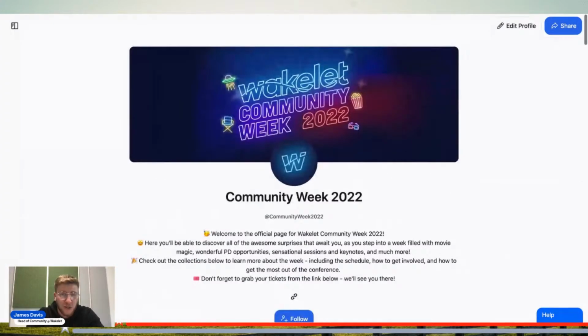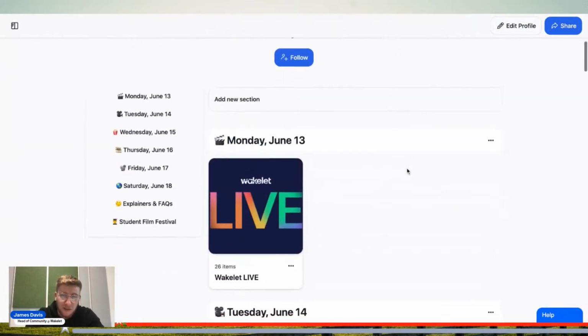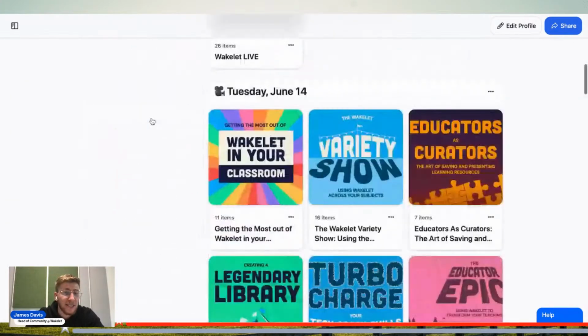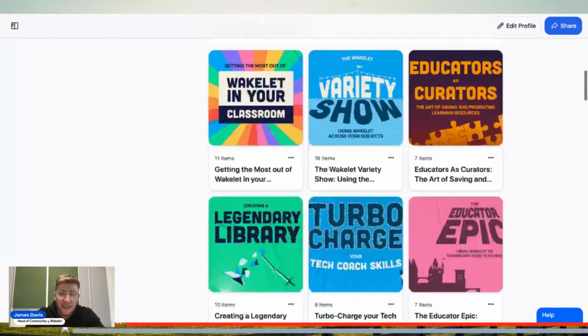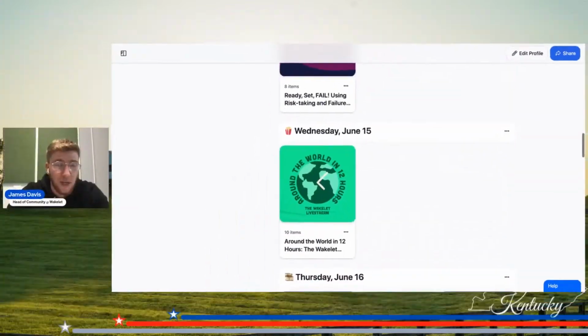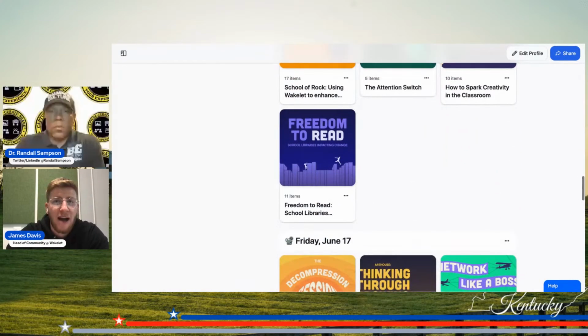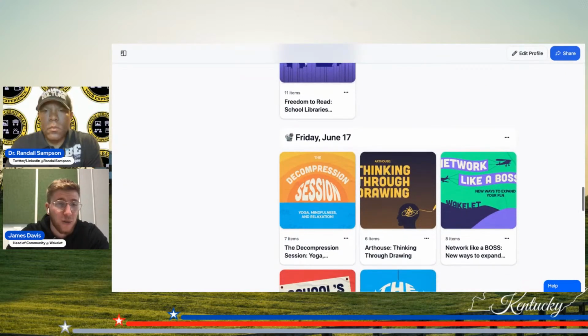And you know, us at Wakelet here, we like to add a nice theme to it. So this is all around movie themed. So we wanted our community to be the stars of the show and really showcase themselves on the stage of Wakelet. So this is what we put on. This is what we'll do every single year, and we'll continue to do it week in, week out as well, to showcase our community and the educators that have stuff to share. We know that everyone has stuff to share. And Randall, I know this is one of your favorite sayings too. Sharing is caring. We want to make sure that everyone's caring for each other. Everyone's sharing that information with each other.